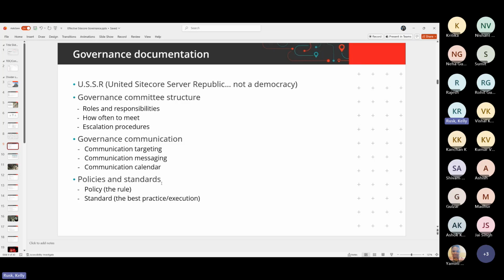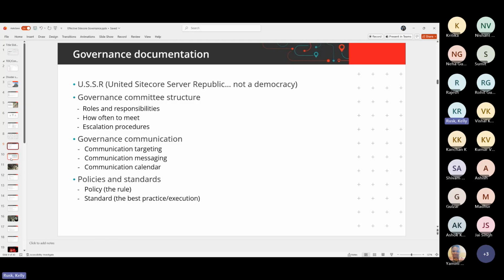And the bread and butter of this, the key of this, is to have policies and standards. The policy is the rule: you may not drive over 65 miles per hour. And the standard is what happens if you drive too fast and the police pull you over. These two aspects people get confused about. Maybe they'll have the policy, but they never write out their run book. And I'm guessing you all have dealt with run books for deployments, run books for your build pipelines, run books for what happens in a disaster. So that's all we're talking about here today.